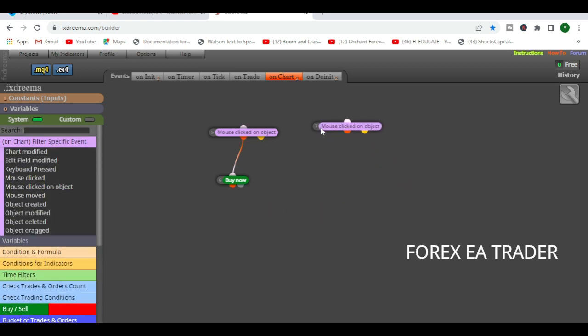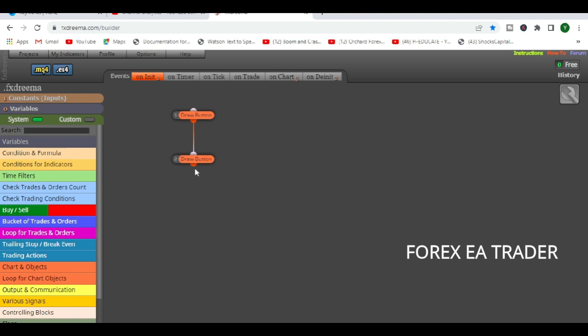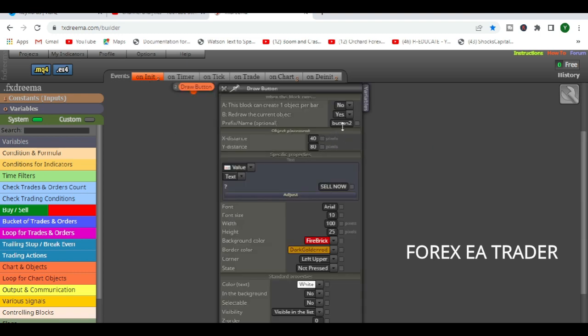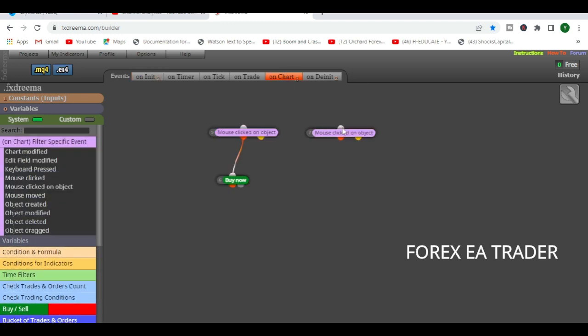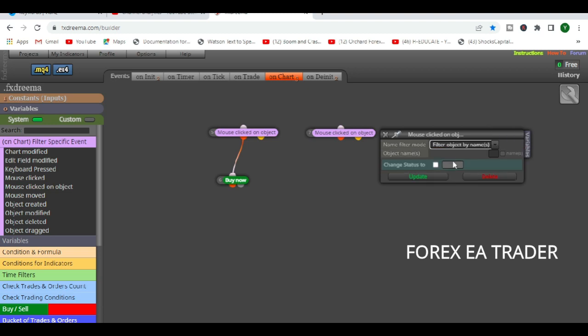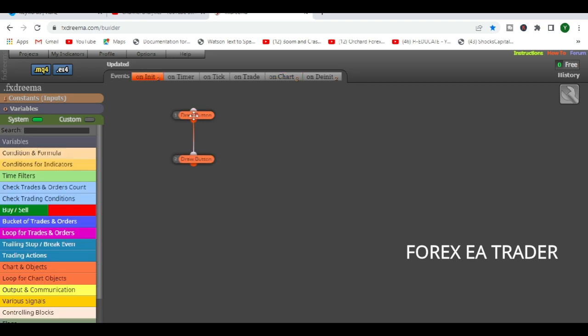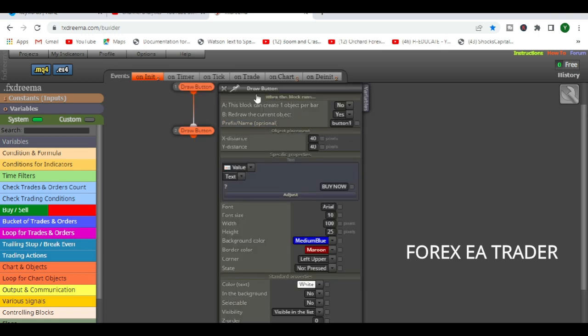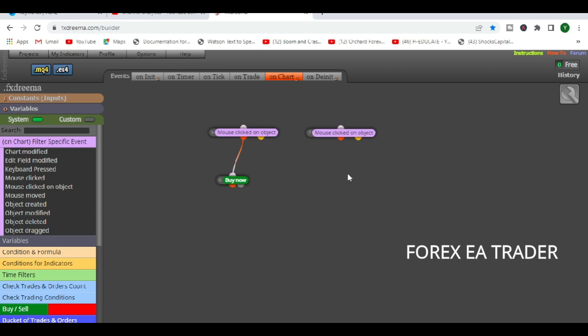We grab another block that says mouse clicked on object, and this is what we want to happen when this object is clicked. So you can copy this, or you can type it out, Control C on your Windows keyboard, and we go back here, we double click, and we say filter object by names, and we go in there, Control V if you are using a Windows keyboard, or you can type it out, button 2. That's why I said you need to remember what you named the buttons here. So now it makes sense, né? Okay, so